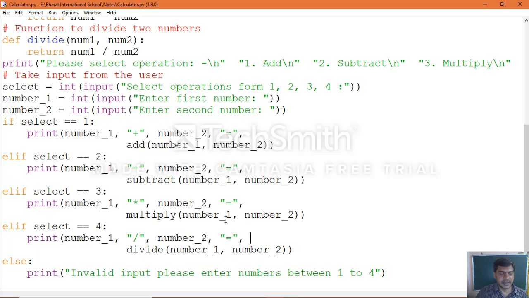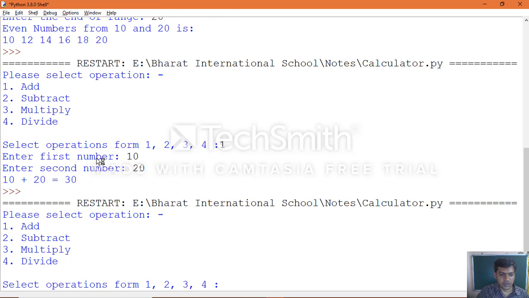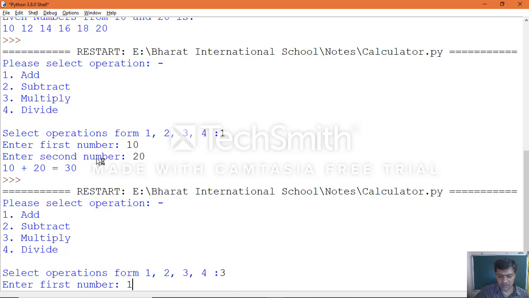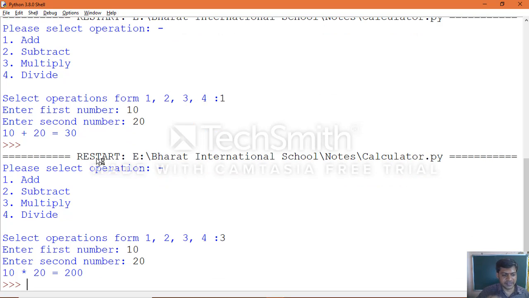Now a second time, if you execute, run module. Now choose the third option. Third means multiplication. Enter 10, 20. Now 10 into 20 is 200, the multiplication value.